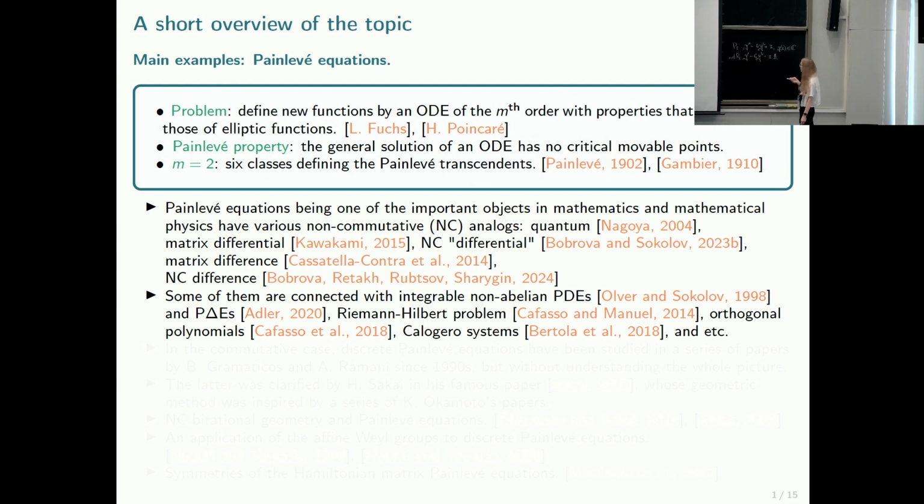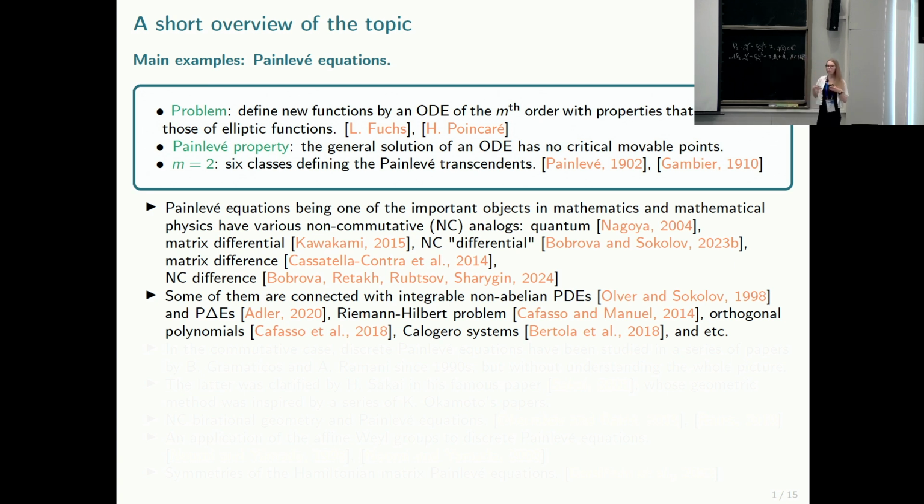And one more feature of this non-commutative case is that we know that the Painlevé equation can be obtained as a reduction of the Korteweg-de Vries equation. The Korteweg-de Vries equation has a matrix analog, and it also can be reduced to the Painlevé equation. But in this case, we can obtain an additional constant of integration, which is just an arbitrary matrix over the field C.